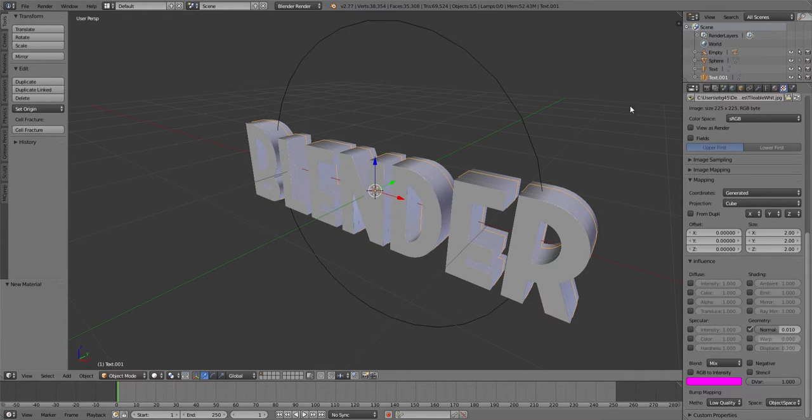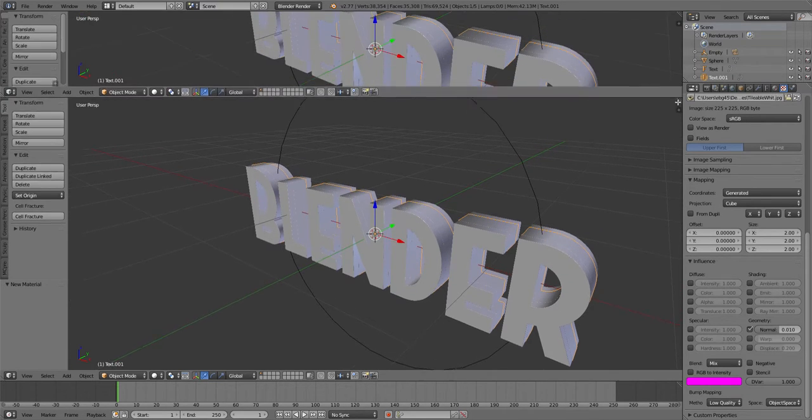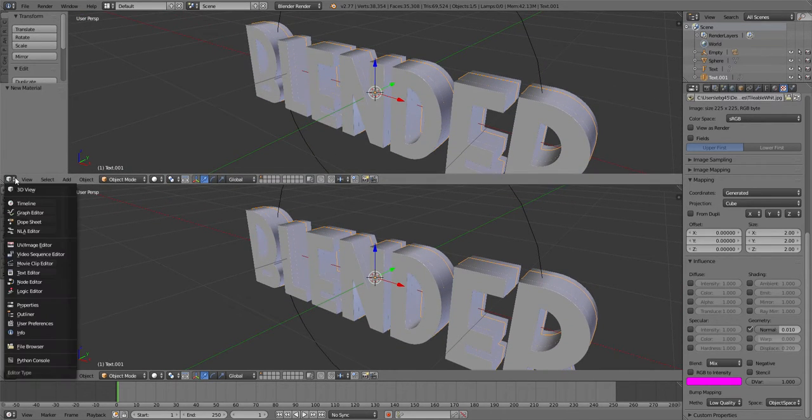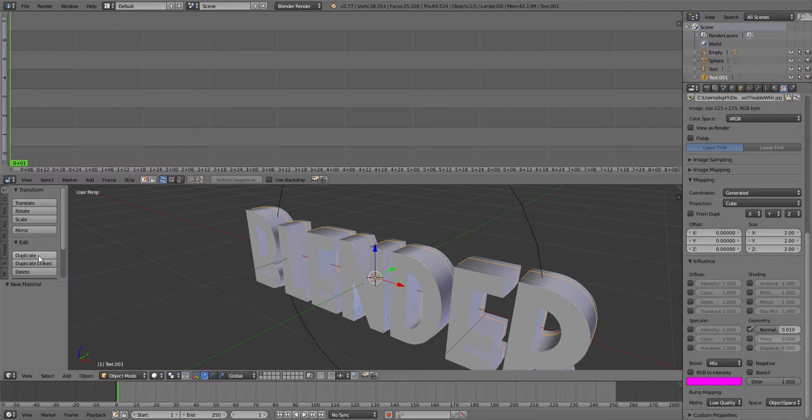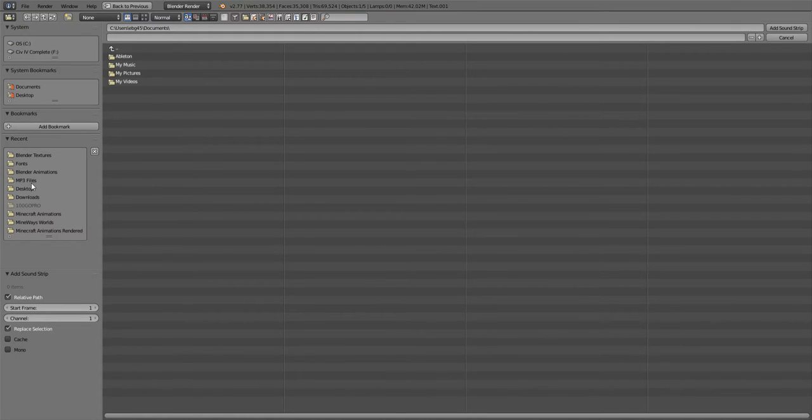So now that the words are done, I'm going to set up the animation along with the music. So I'm going to grab this little corner up here and drag it down and select Video Sequence Editor. Now I'm going to hit Add Sound, and then I'm going to go to my MP3 files and select, you know what,